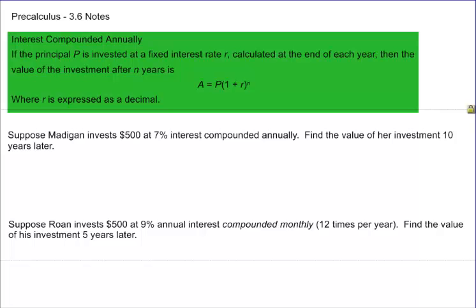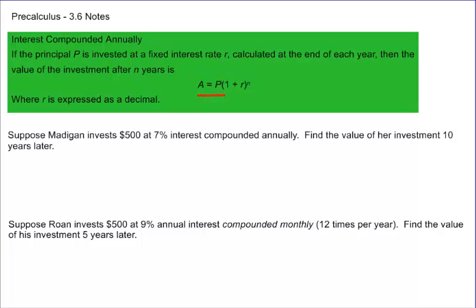Okay, what we're going to do in this section is look at the mathematics of finance. There's a lot of really interesting, really fun, cool things that you can do with numbers and money. So we're just going to go through and work some examples out here of different ways to use it. And the primary equation we're going to be working with throughout most of this section is going to be some